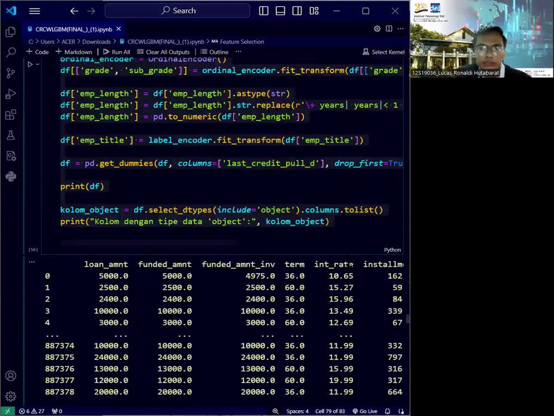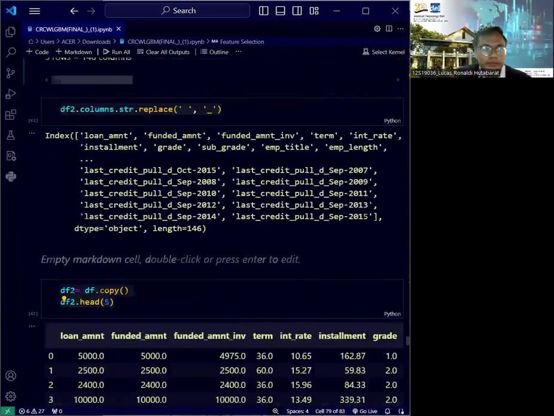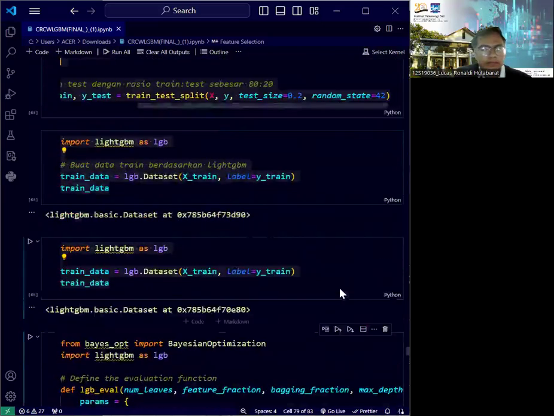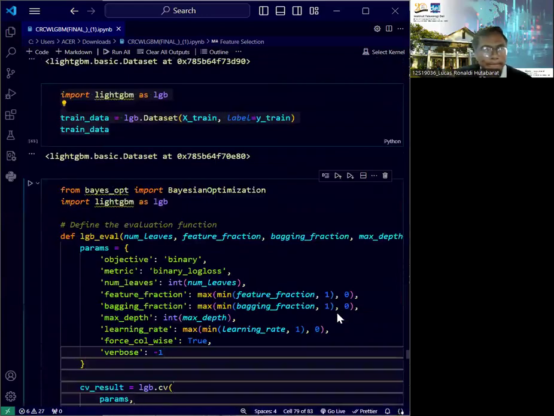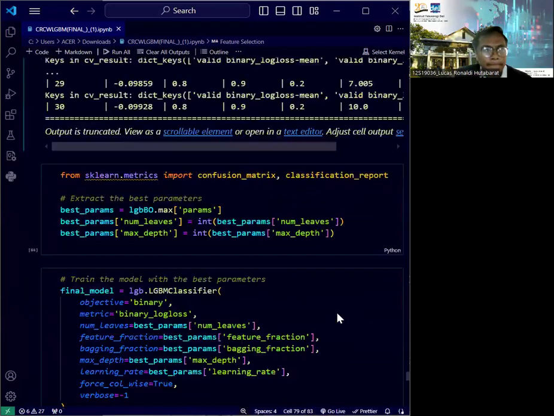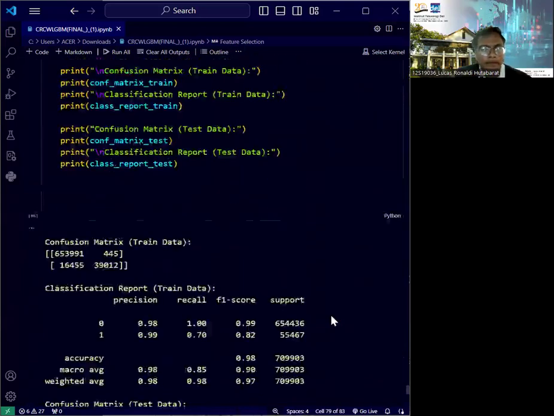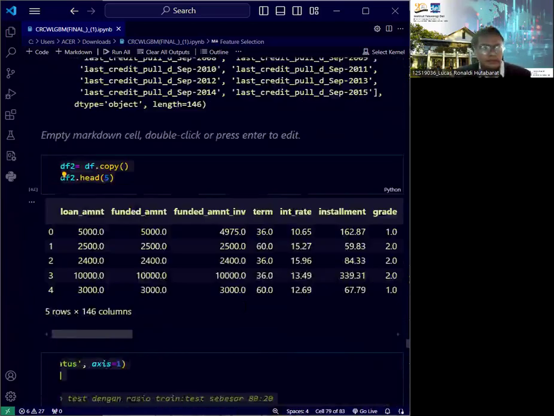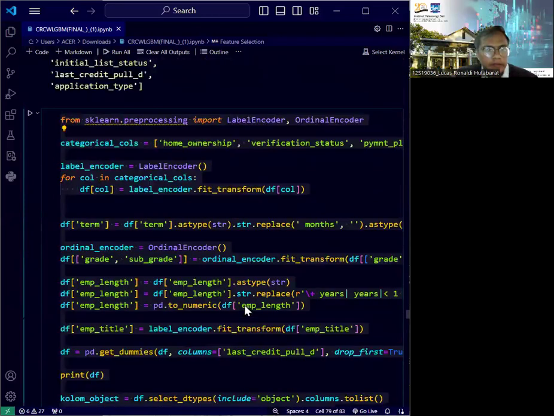Next, we go to feature engineering using Featuretools. We are going to find the code.